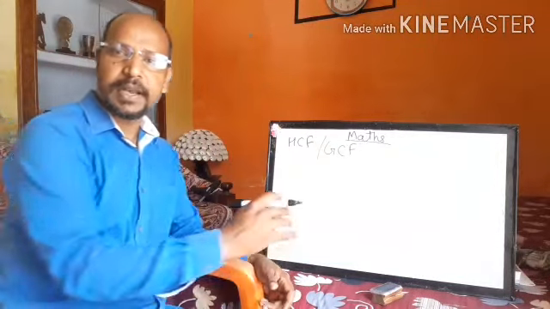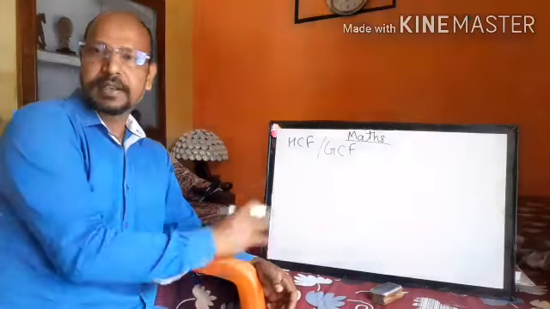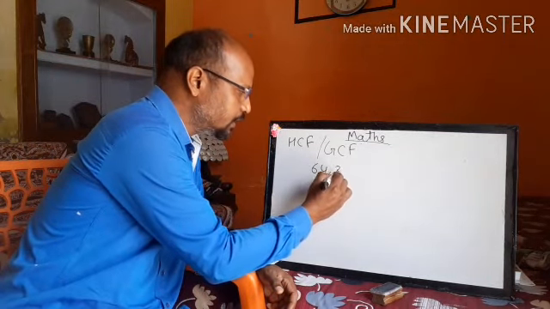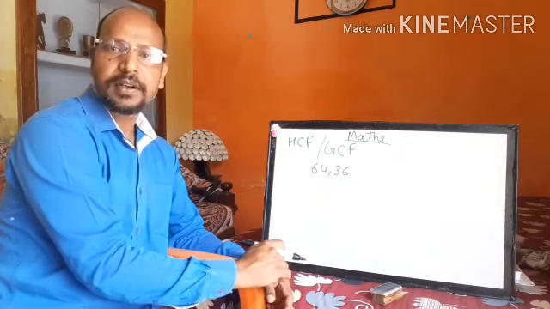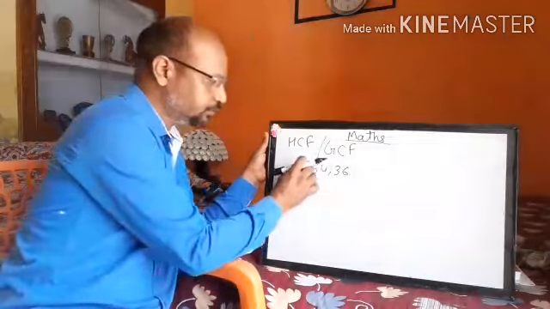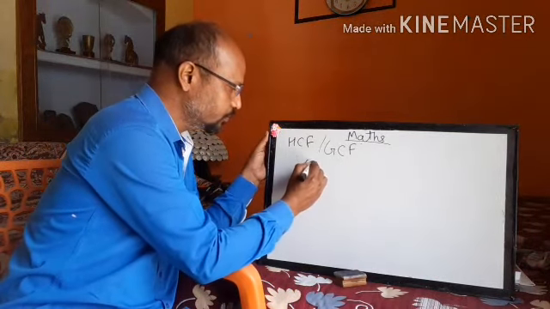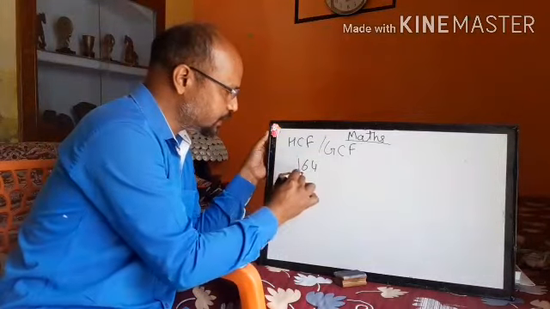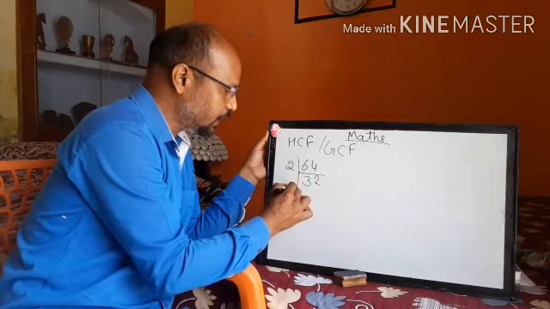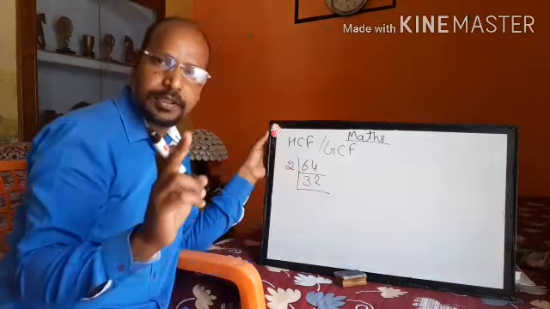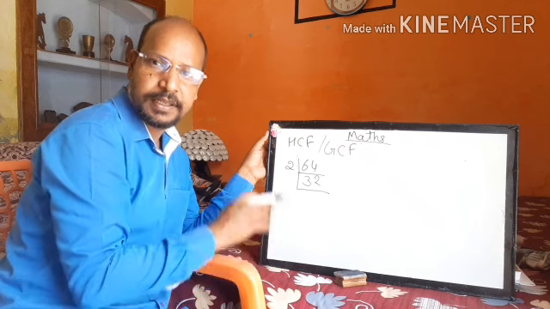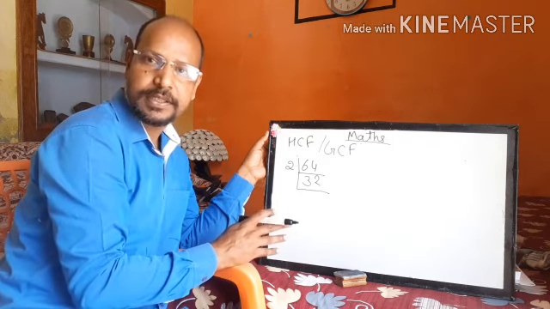So let's see. Suppose I have two numbers. I'm going to take the previous ones, that is 64 and 36. First find the prime factors of these numbers. Let's start with 64. Divide 64 by the first prime number, that is 2. 2 threes are 6, 2 twos are 4, so we get 32. Again it is divisible by 2. Use the divisibility test to check whether the given number is divisible by a particular number or not. It will be easy for you.